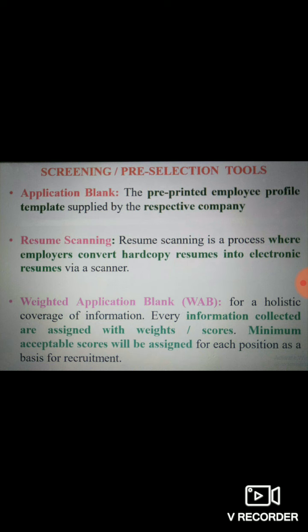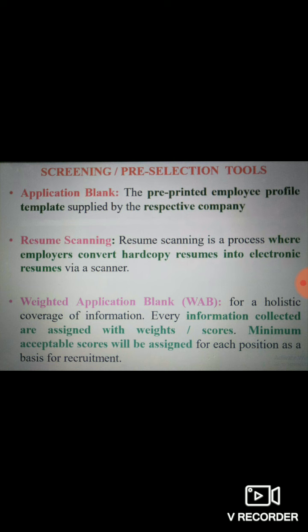Am I clear? That is how this weighted application blank is somewhat an advanced tool wherein your selection to 10 to 20% is decided with the WAB itself. And if you got through, then only you will be put across for all other further stages which we already discussed. So that's how the weighted application blank helps.